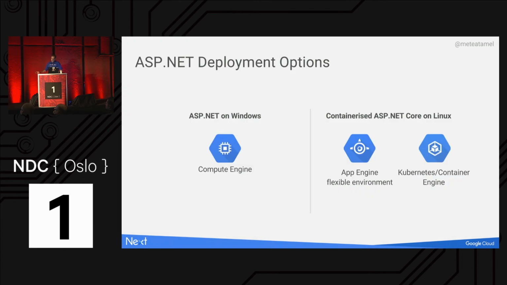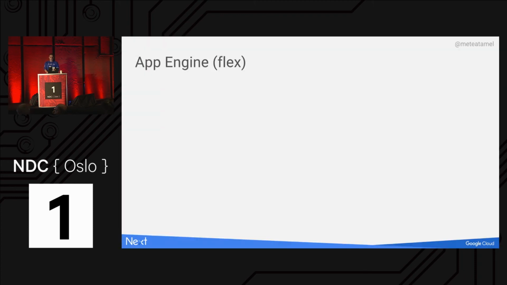So when it comes to Google Cloud, as I mentioned, you have 2 choices when it comes to containerized ASP.NET applications: App Engine and Container Engine. So we'll talk about the App Engine. I'm going to show you how to deploy a simple app to App Engine. So App Engine is a way of giving your container to Google Cloud and letting Google figure out how to run it at scale. So you just basically create your container, give it to App Engine, and then it will start with